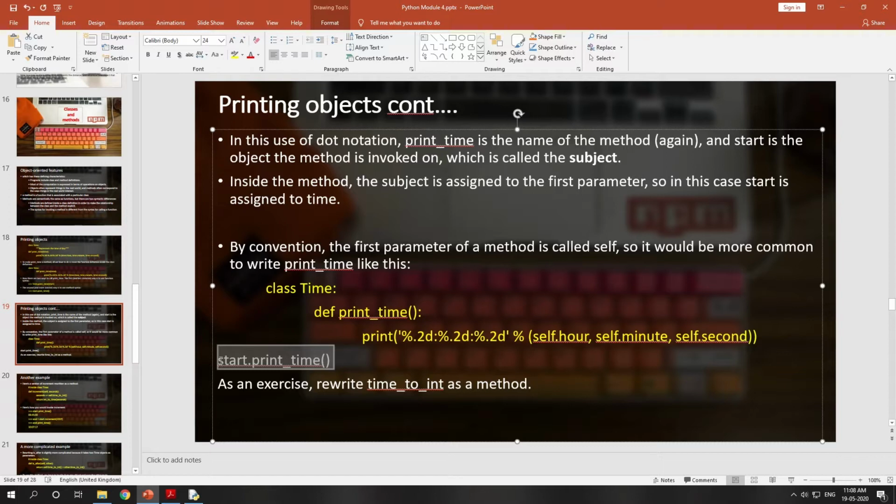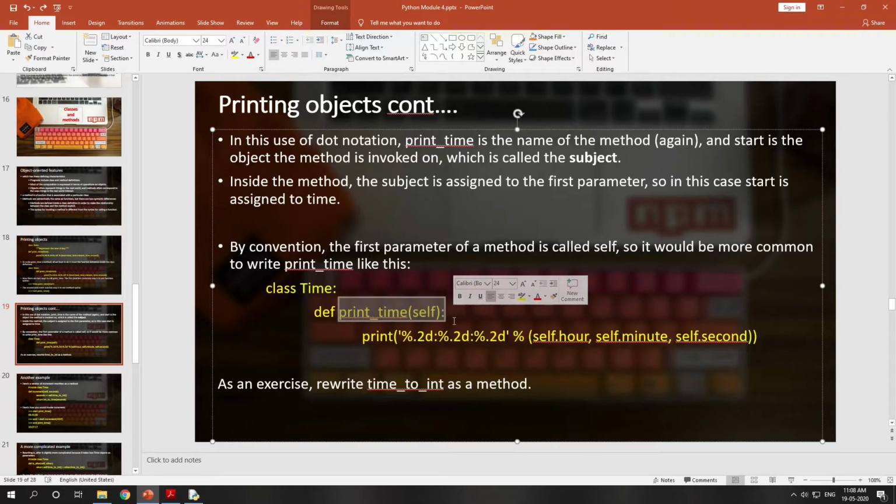But you can call this method using function syntax: Time dot print time, like this. So it is not necessary that all methods should have a self parameter, but if a method has a self parameter, you can call it using method syntax. Otherwise you need to call these functions with function syntax.